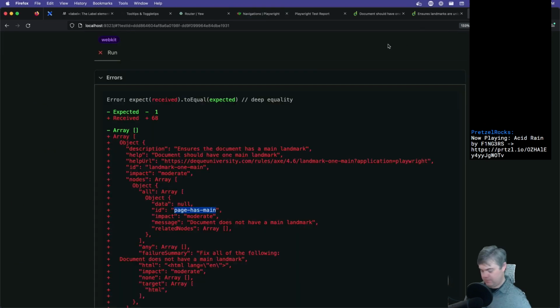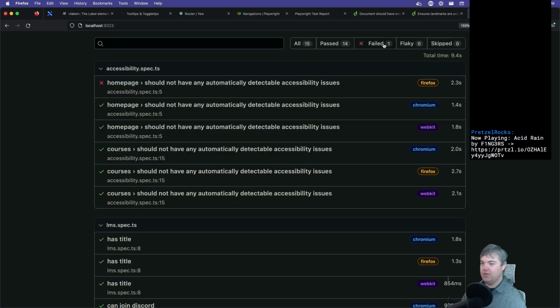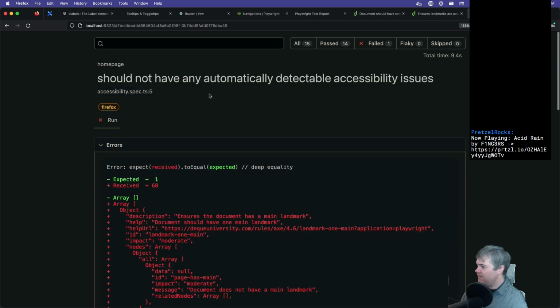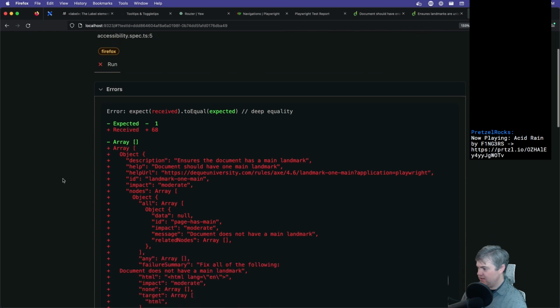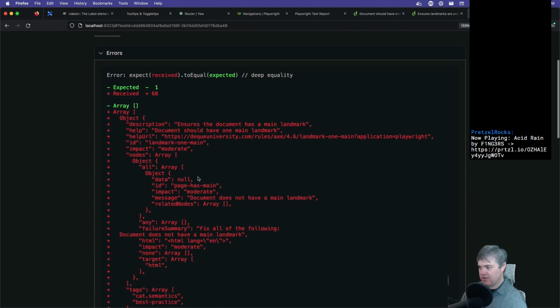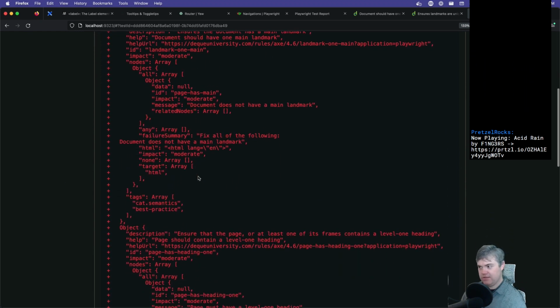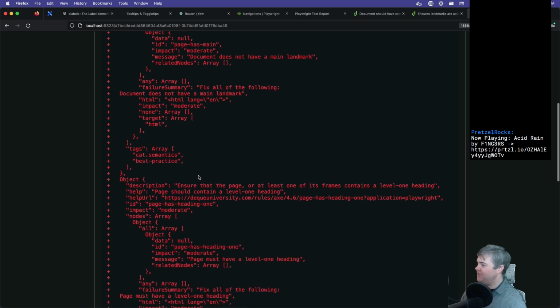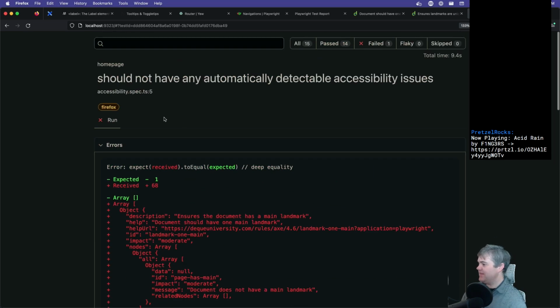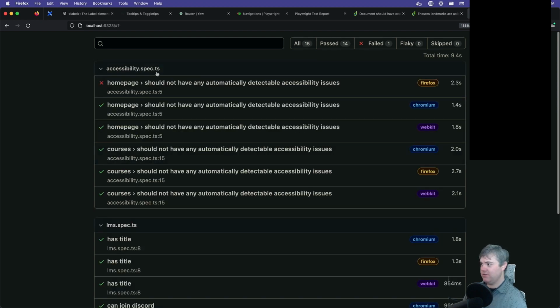Look at this. Firefox is now the one complaining. Has a landmark, main. This feels a lot like... and it was the first one to run too. Up here, and then these ones run after it. I don't know if they're actually running in parallel or not, but